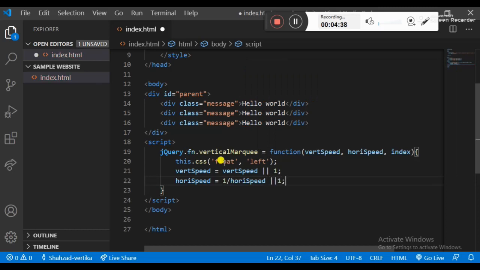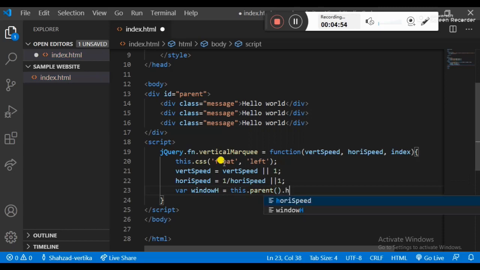The var window h is equal to this.parent().height().